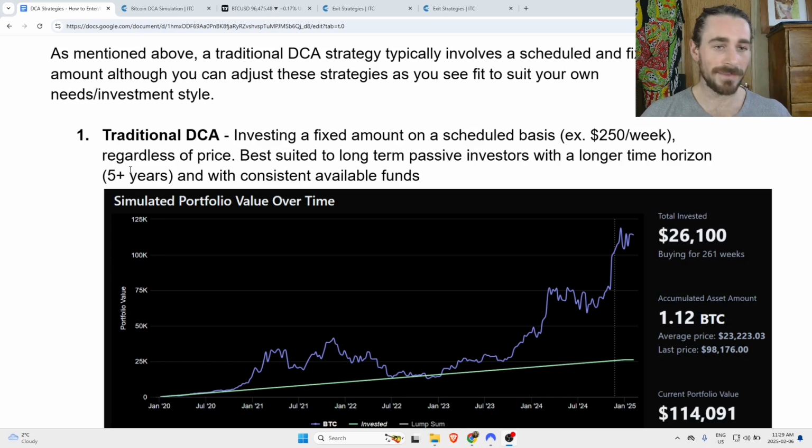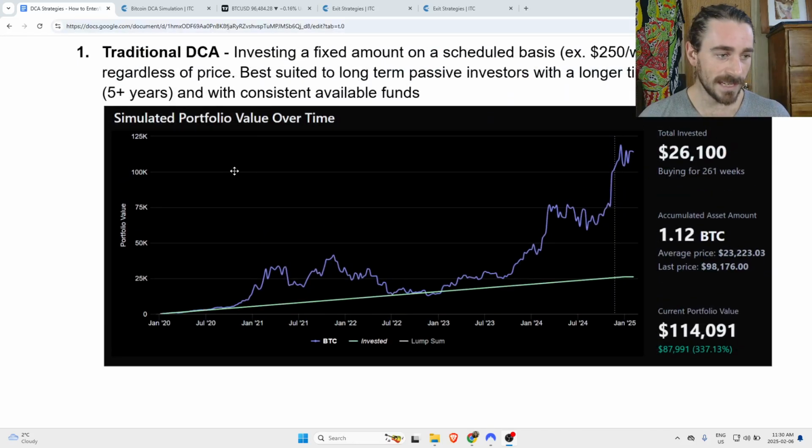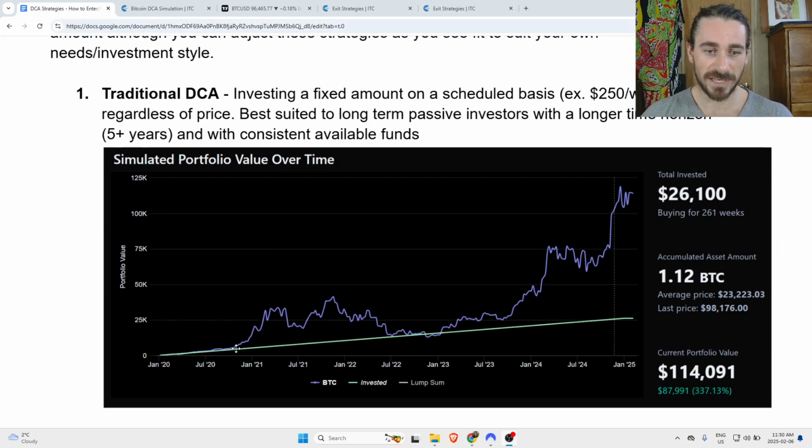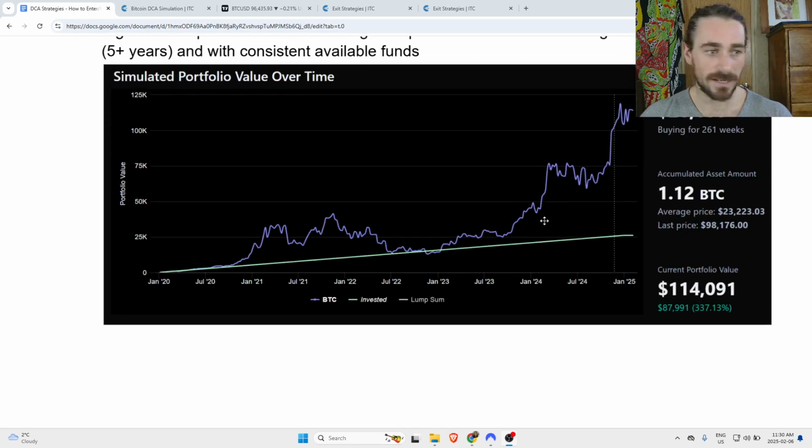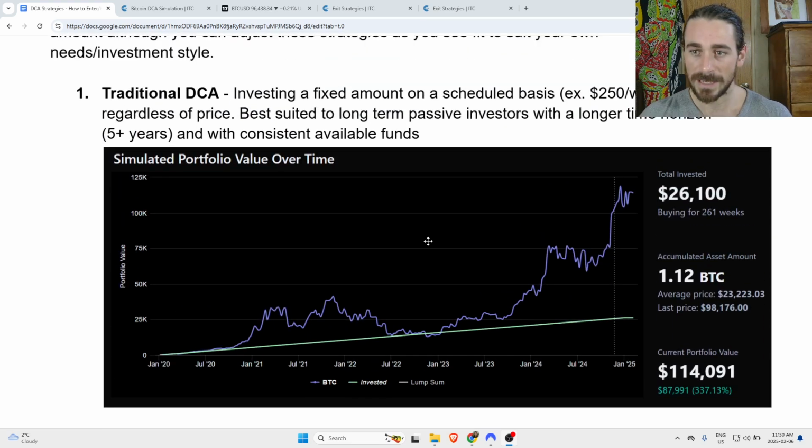So really have that longer time horizon. And then kind of looking at the visualization of potential returns here. So if you were to invest, this graph here is actually based on $100 per week. I just did this as an example, but this is based on $100 per week. If you're to invest, let's see here. So back 5 years from January 1st, 2020 to January 1st, 2025, you would have invested